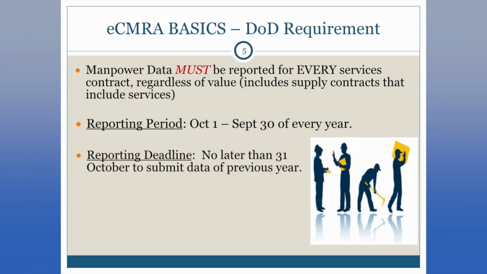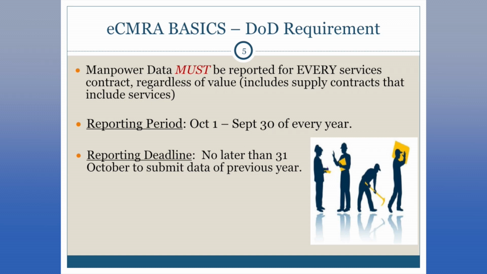The reporting deadline then for eCMRA, and this is in your contracts as well, is the 31st of October after the close of the fiscal year. So for fiscal year 2016, it ends on September 30th of 2016. And that means you have a month from October 1st to October 31st of 2016